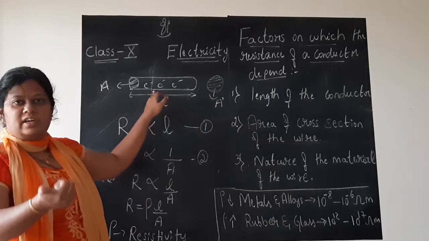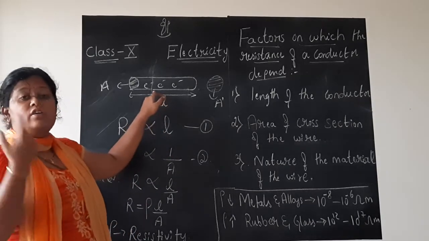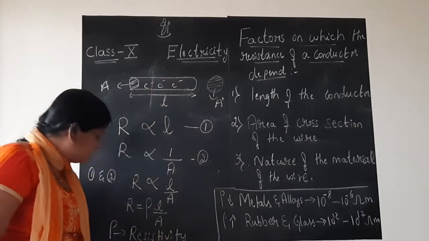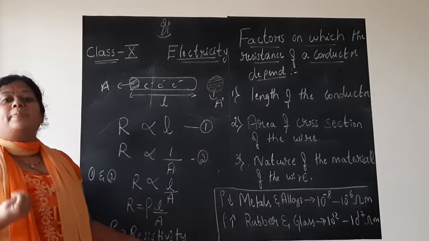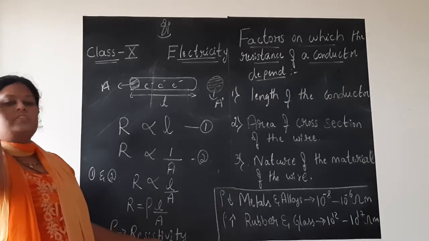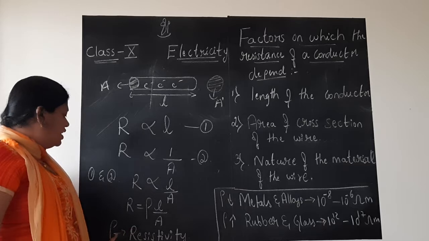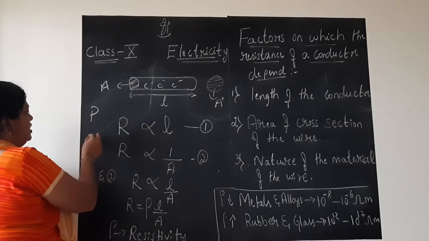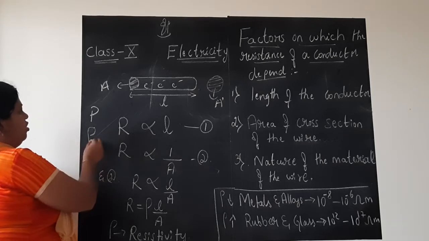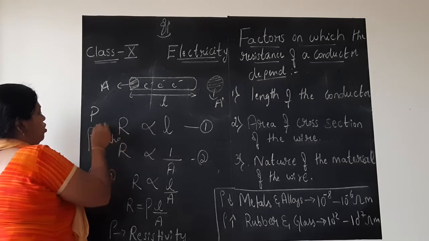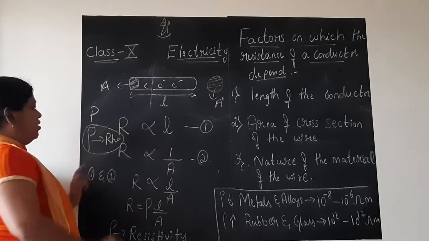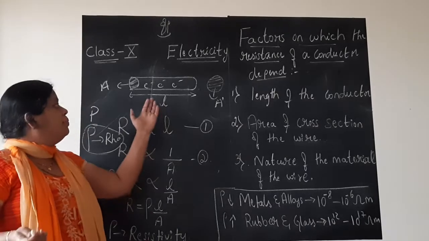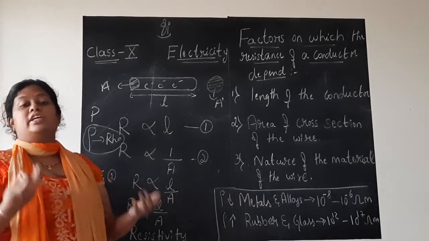Whether you are using silver wire, or metal, or iron, the material of the wire that you are using decides the resistivity. The property of the conducting wire that you are using is the resistivity. It is represented by the letter rho. Don't write P like this; go like this and draw. This is RHO, rho. Rho is the resistivity of the material. What is resistivity? It is just the property of the material of the wire, the nature of the material.